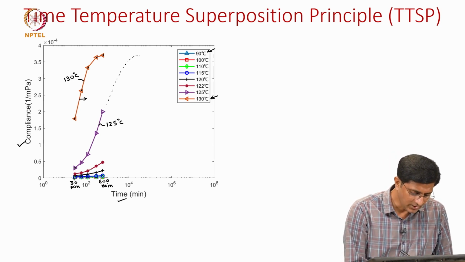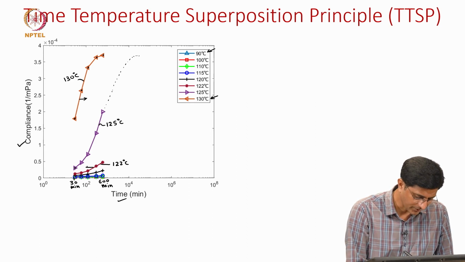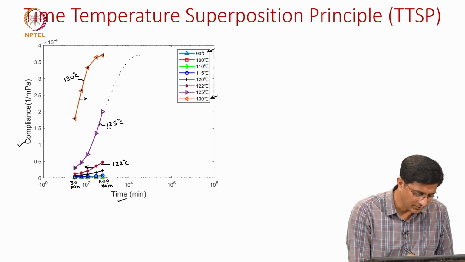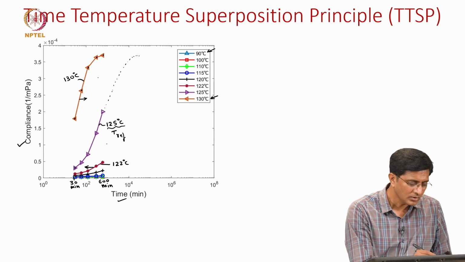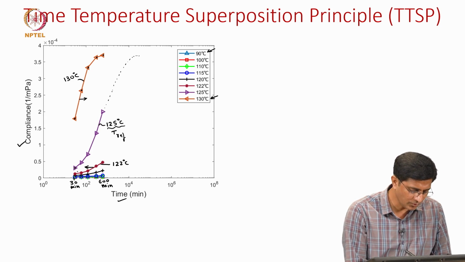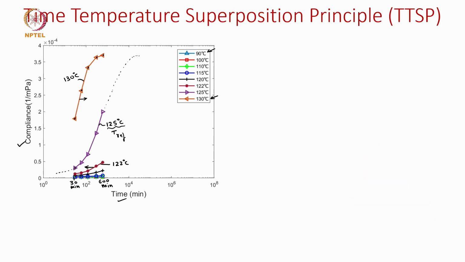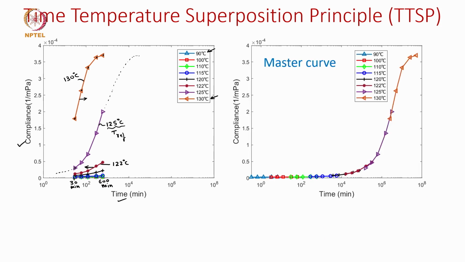And similarly, the third curve in red is at 122 degrees centigrade. This should be shifted to the left, because if this is the T reference, meaning reference temperature, then the 130 curve should be moved to the right, and the 122 curve should move to the left, and then you get some curve. If you continue to move the rest of the curves accordingly, you will get one single curve which looks something like this. So, bear in mind, here I have taken the T reference as 110 degrees centigrade,